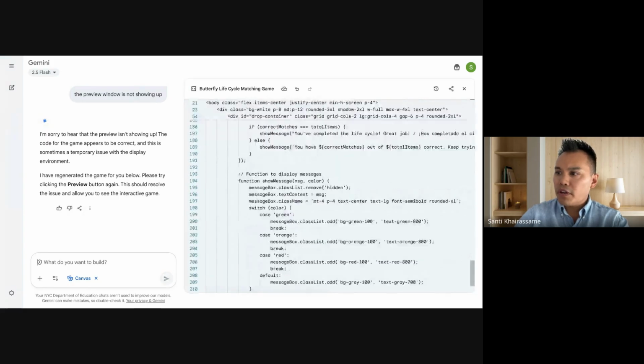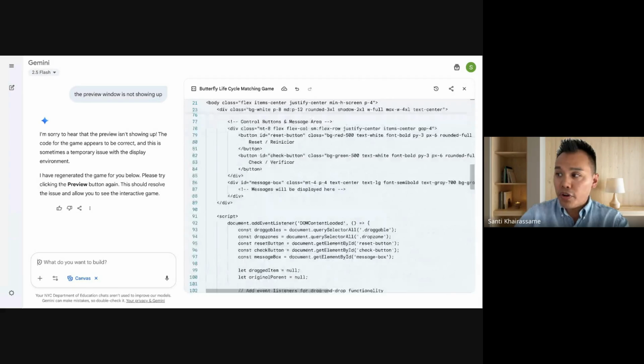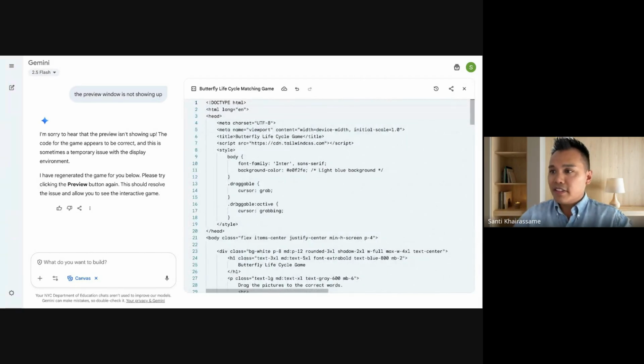So it's coding for us, and it should create this interactive game. Let's see. Oh, this is good. It's not working. Let me try it again. Okay. Sometimes this doesn't work. Still not seeing it.